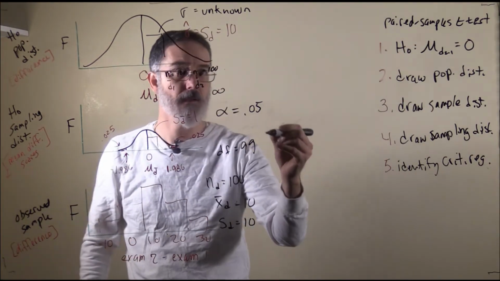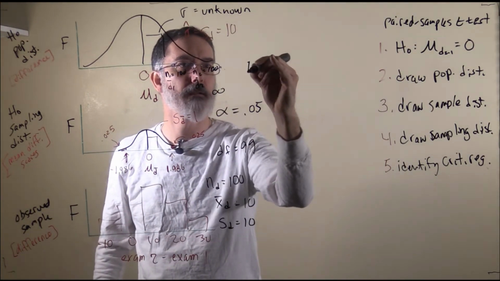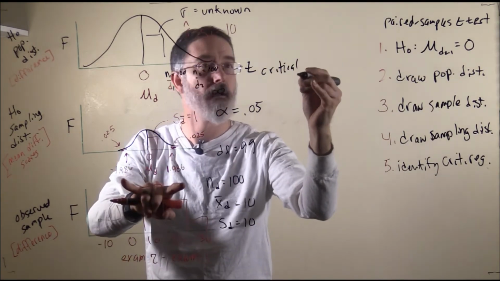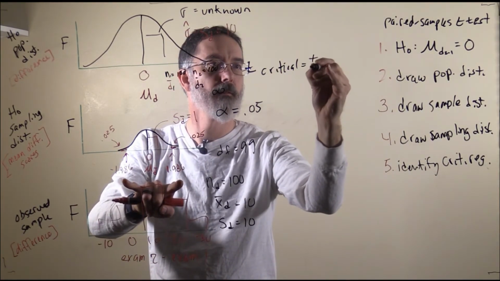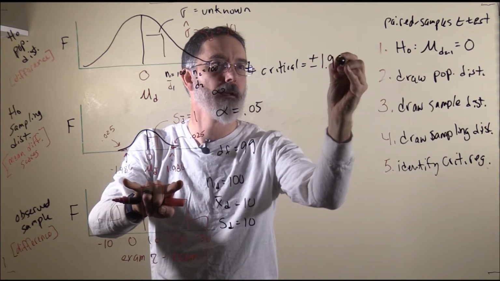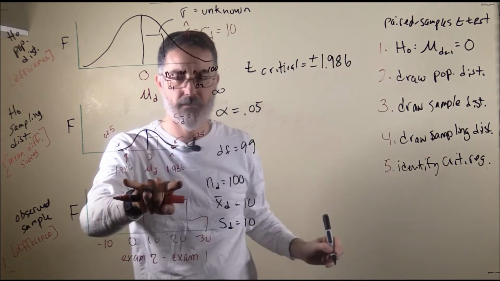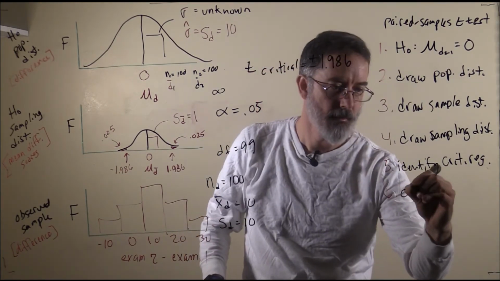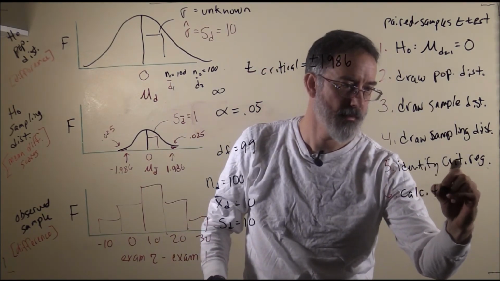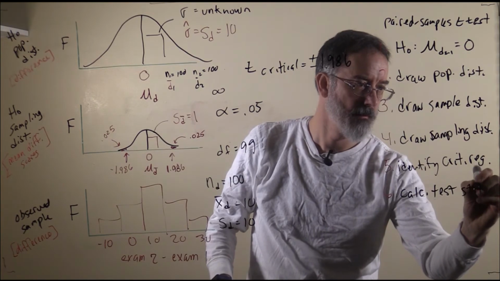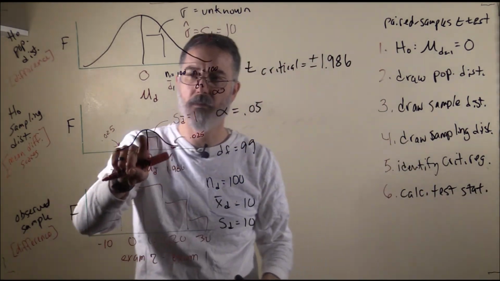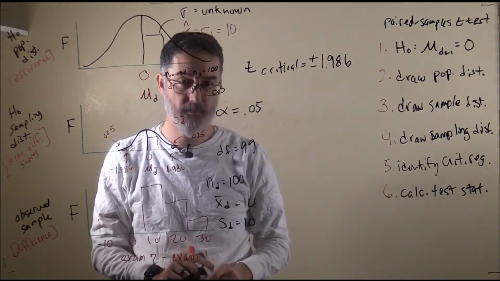So I'm going to write the t critical values. We got here plus or minus 1.986. Step number 6 is to calculate the test statistic. And remember, these test statistics are almost always the z-score of your sample mean on this distribution,